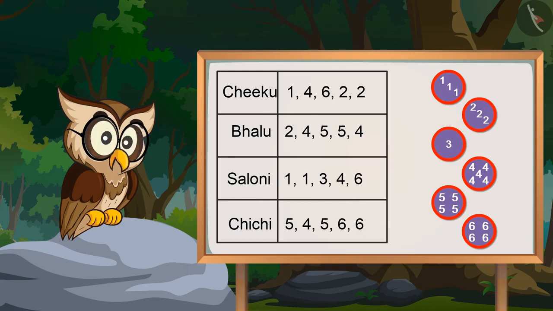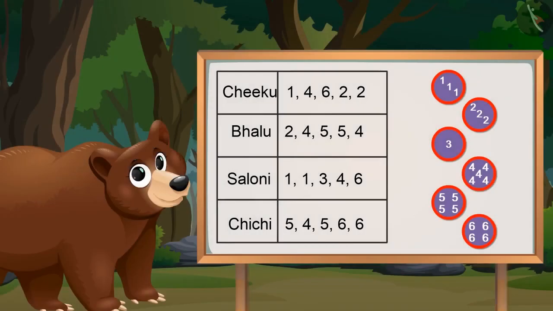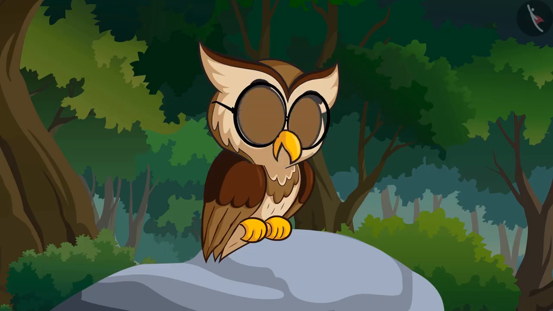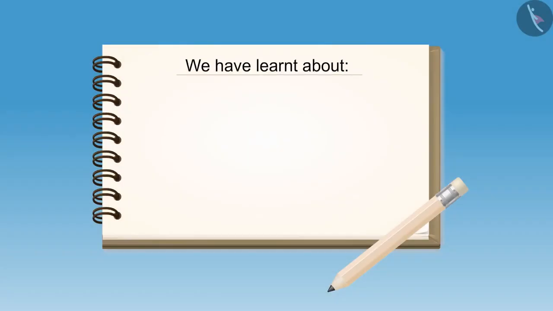Now tell me, which number came for the highest times and which one for the least? 4 came for the highest times. That is 5 times, and 3 came for the least, only once. Absolutely right. So kids, in this video, we have learnt about the collection